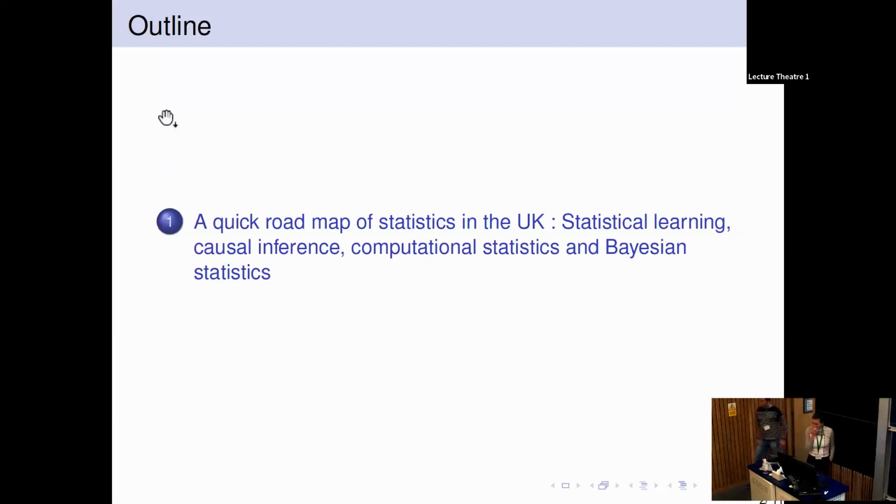So this is going to be a quick roadmap on statistics in the UK. As Long might have shown you, statistics is quite diverse. So I'm not going to talk about every kind of statistics that's done in the UK, because that's an endless game. I'll be concentrating on different aspects, and then finishing with a stronger concentration on the kind of domain I'm working in, because I know it better.